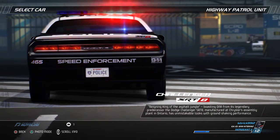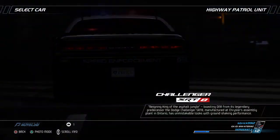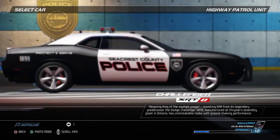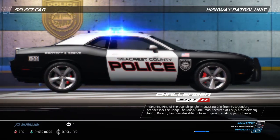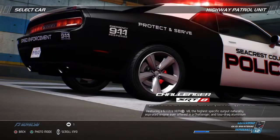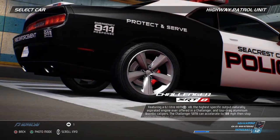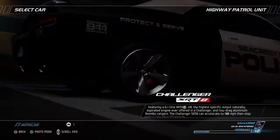Reigning king of the asphalt jungle. Boasting DNA from its legendary predecessor, the Dodge Challenger SRT8, manufactured at Chrysler's assembly plant in Ontario, has unmistakable looks with ground-shaking performance. Featuring a 6.1-liter Hemi V8, the highest specific output naturally aspirated engine ever offered in a Challenger,